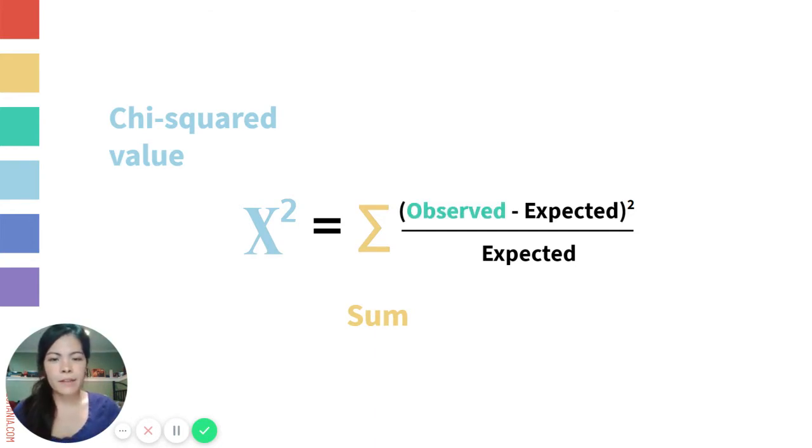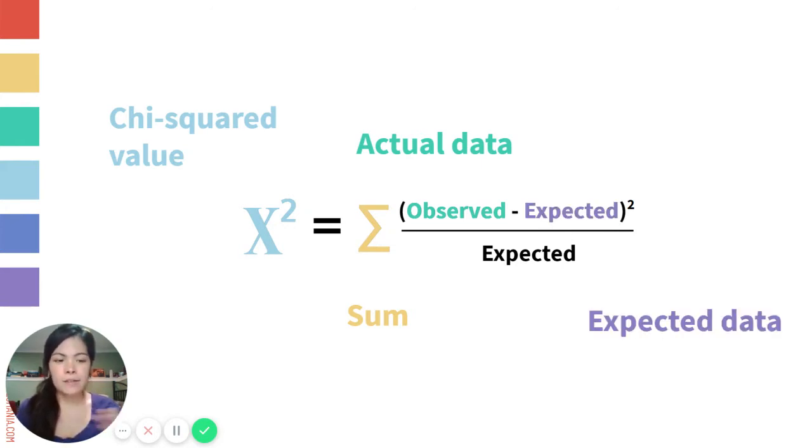And the things that we're adding together are going to be based on what we actually observed. So this is our actual data that we actually collected. And from that, we're going to subtract the data that we expected to get. So this is our predicted data. We're going to take all of that and square it and divide it by our expected data again. So this is all well and good, but it's kind of confusing unless we look at an actual example. If it's confusing, let us go through an example and I think it'll feel more clear.